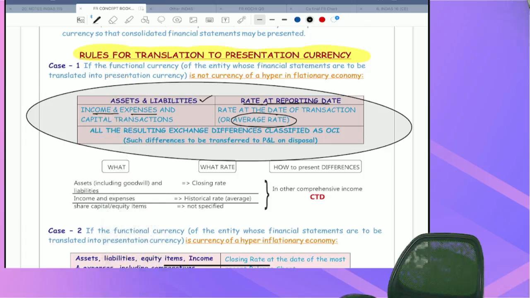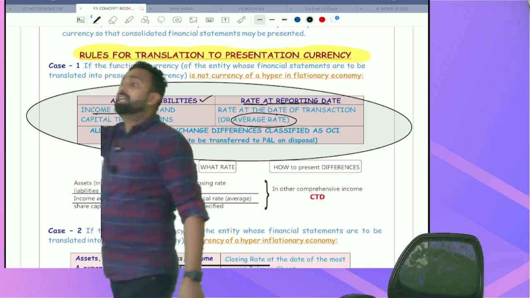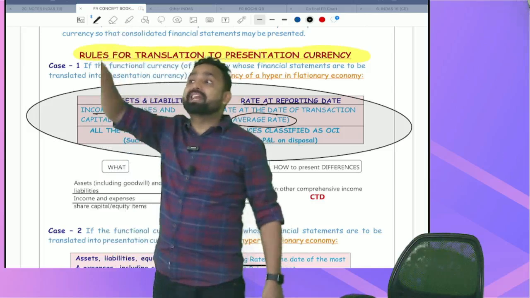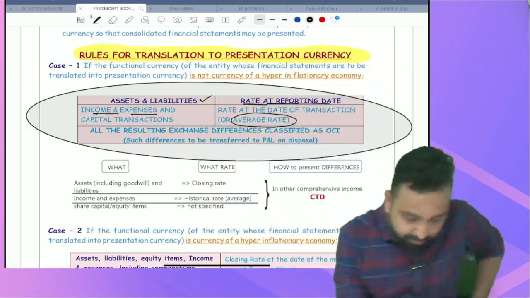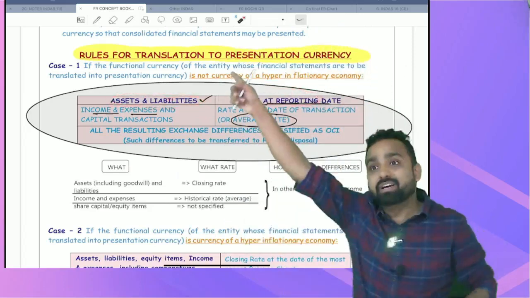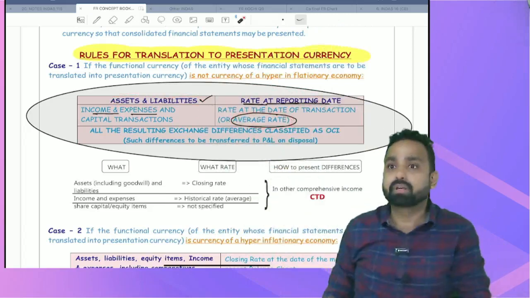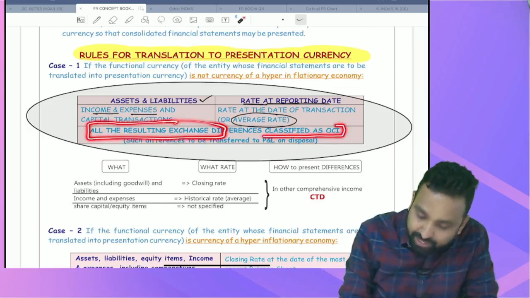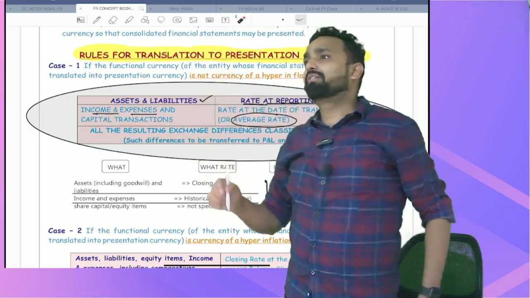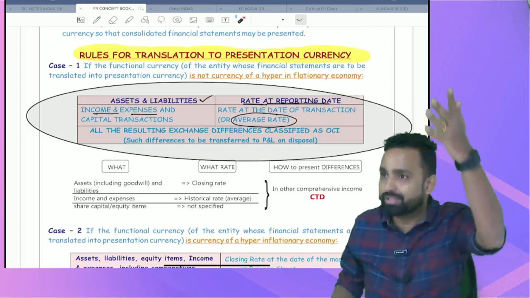Basically, FCTR, foreign currency translation reserve, we used to create. Same. There also, in the non-integral foreign branch, all the assets and liabilities used to be translated at the same closing rate. In Intermediate, all the incomes and expenses used to be translated at the average rate. We are doing the same. And whatever the resulting difference is, we used to classify as FCTR there, here OCI. Completely same. Now it totally depends on your knowledge of CA Intermediate.